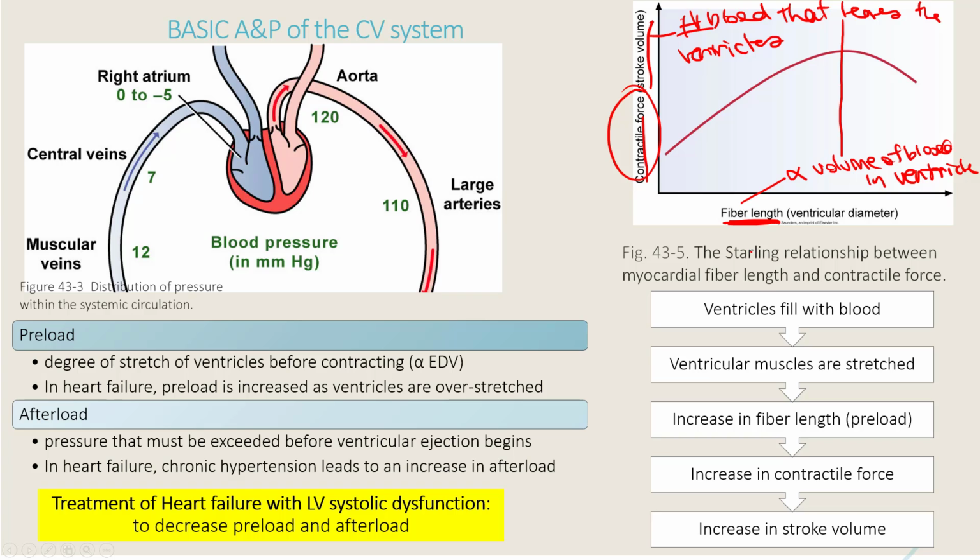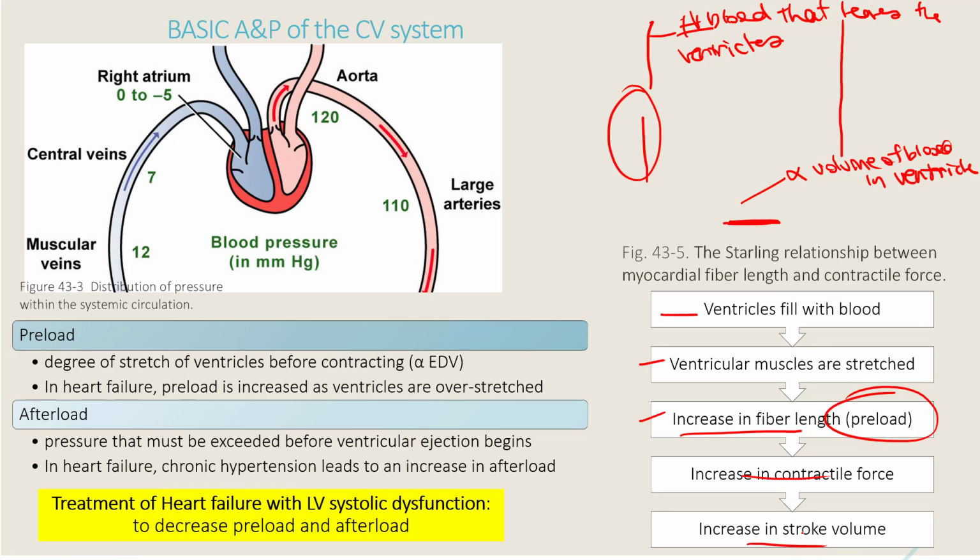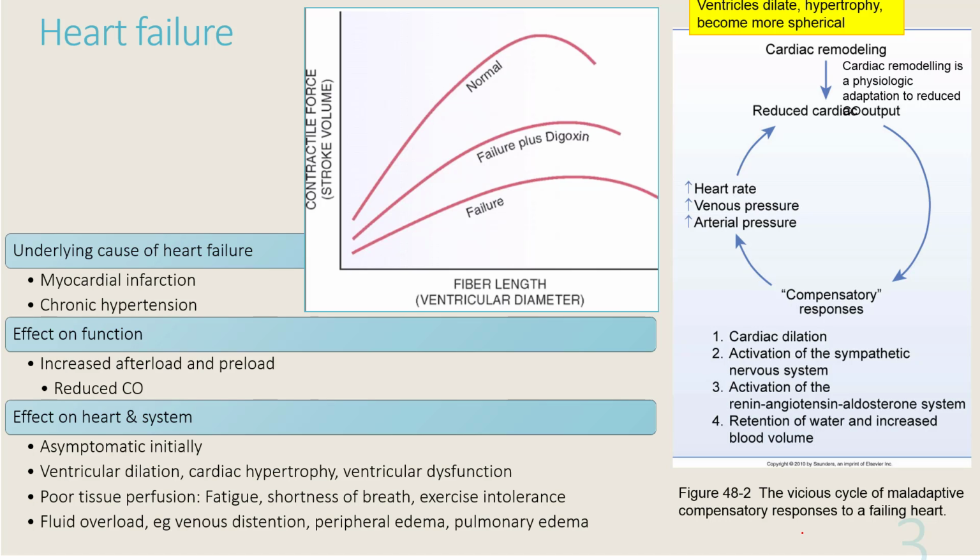So the Frank-Starling relationship goes like this. Ventricles fill with blood, muscles are stretched, there's an increase in fiber length, which is the preload, and as you increase the fiber length, you increase the contractile force, the degree and intensity of contraction, and therefore you increase stroke volume. In heart failure, though,